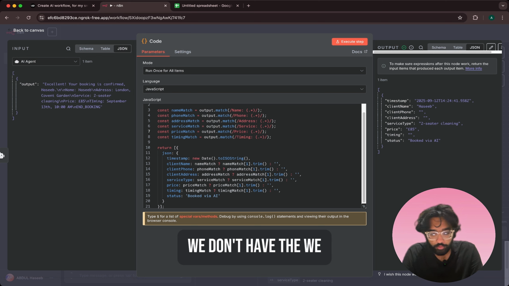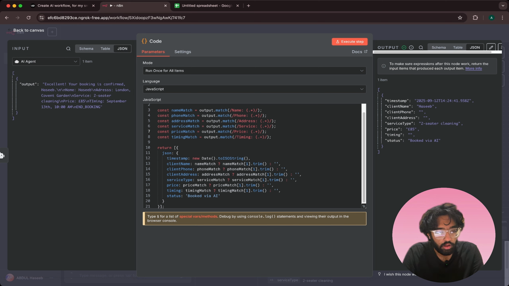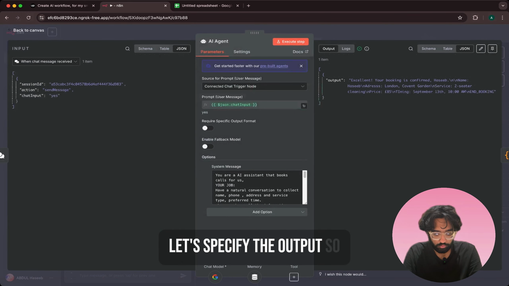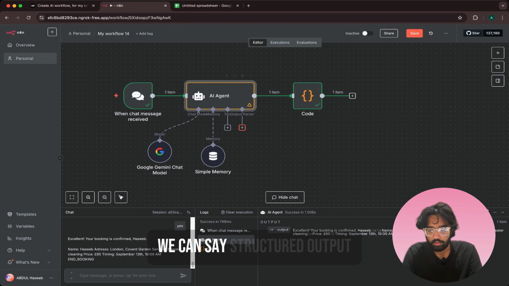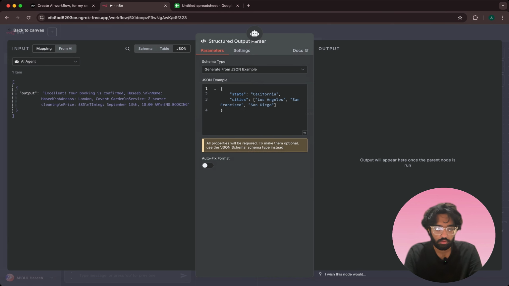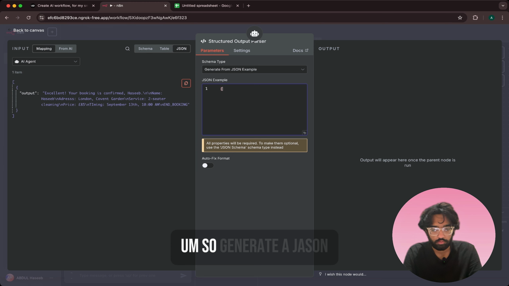We have the price, and we also have the service, but we don't have the client phone number. So we need to go in here. Let's specify the output so that we get this properly. We can say structured output. So generate a JSON from the example. Okay, so we can say name equals, or we can say name and